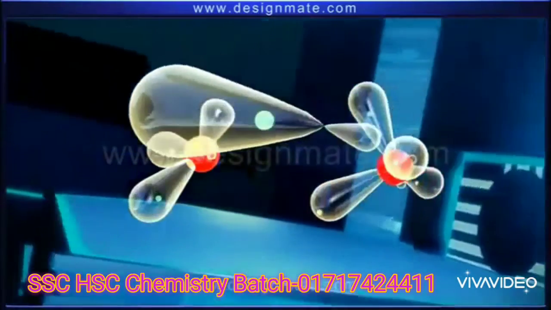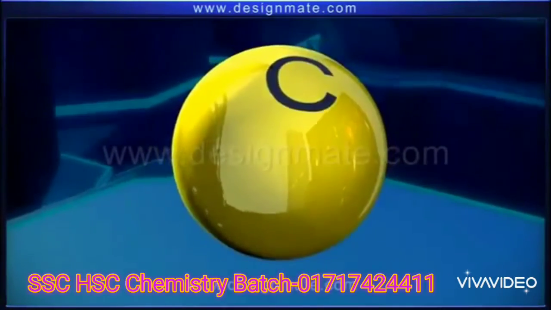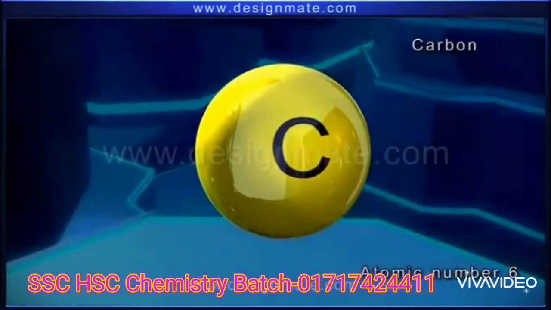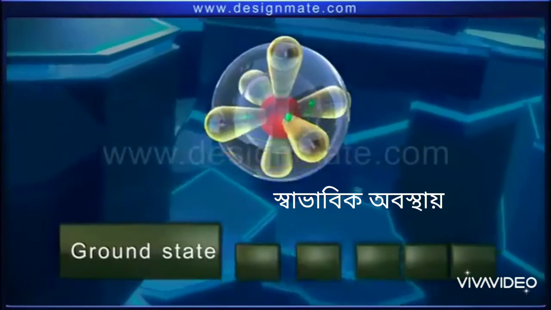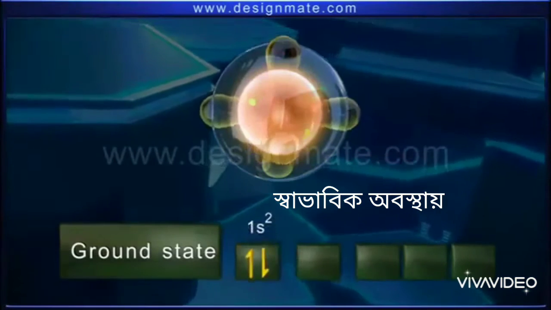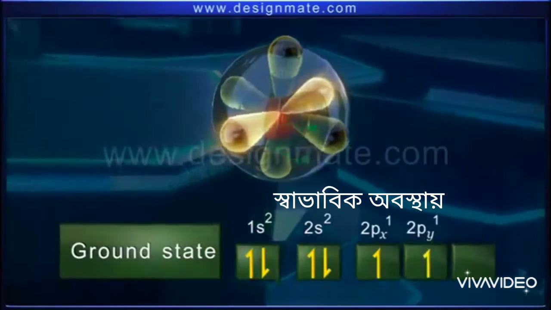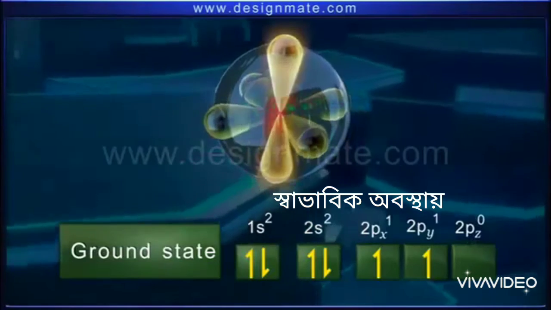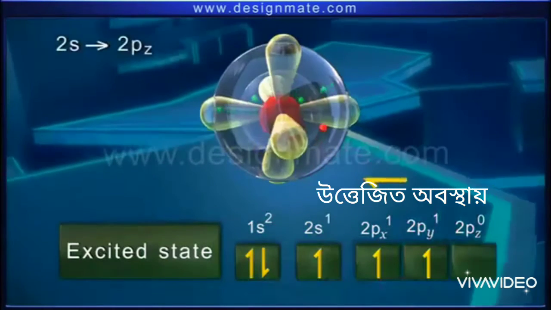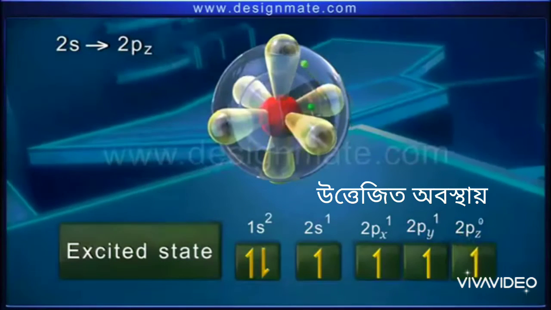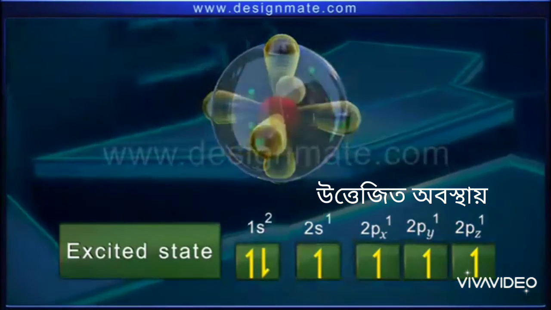the other and is occupied by a single unpaired electron. Now, consider a carbon atom having atomic number 6 in the ground state. Its electronic configuration is 1s2, 2s2, 2px1, 2py1, 2pz0. On excitation, an electron jumps from the 2s orbital to the 2pz orbital, resulting in an electronic configuration of 1s2,